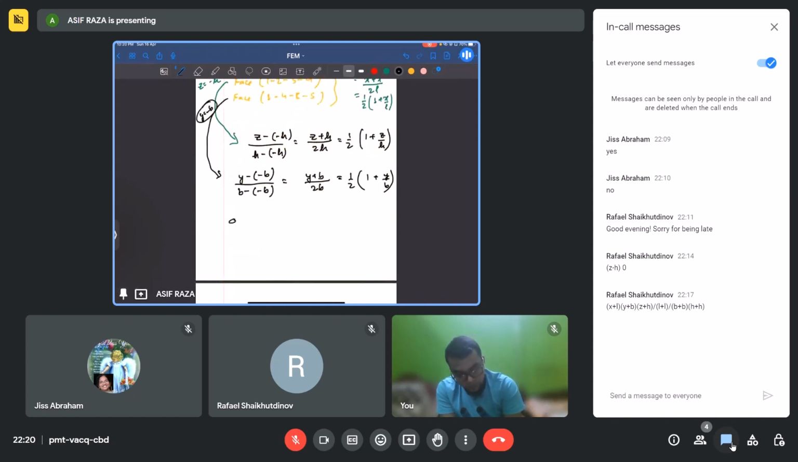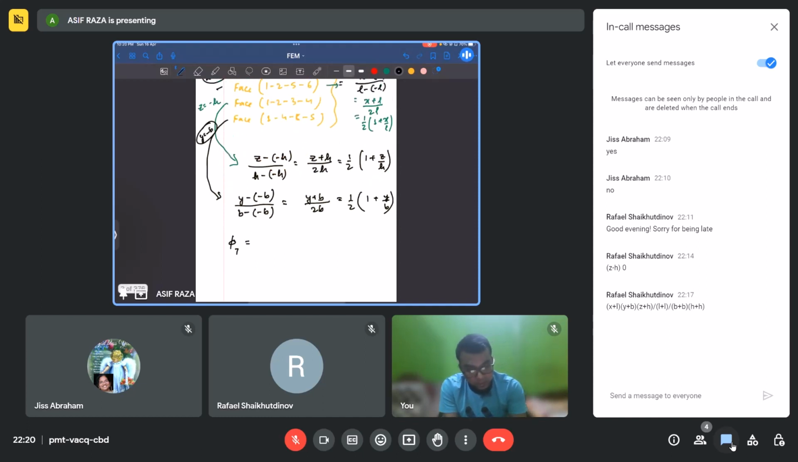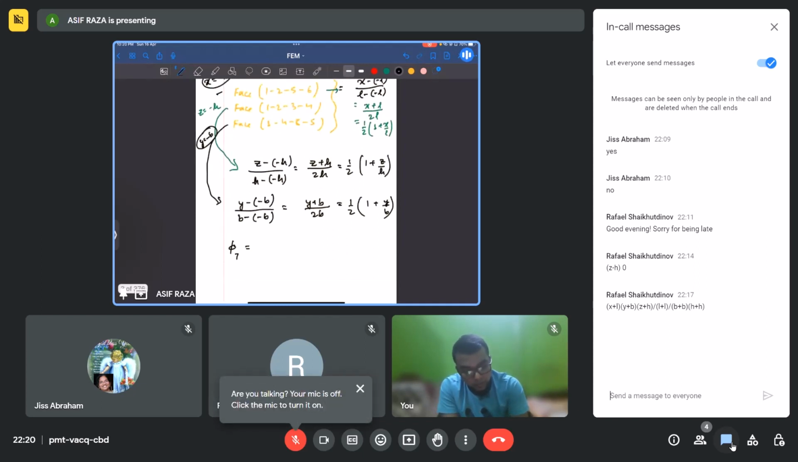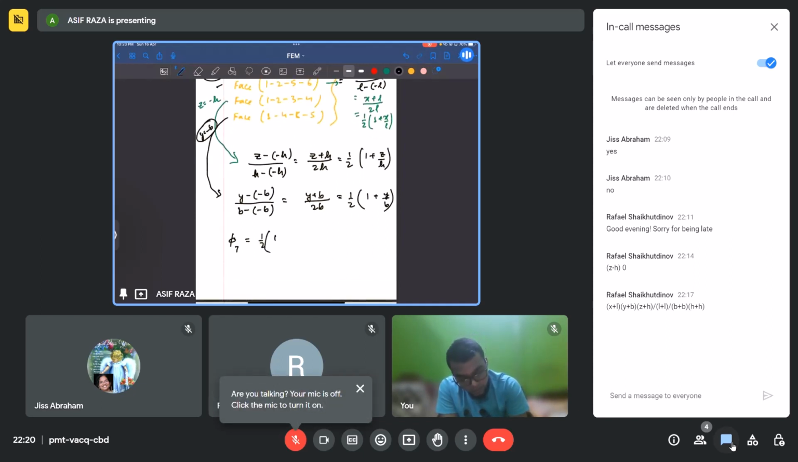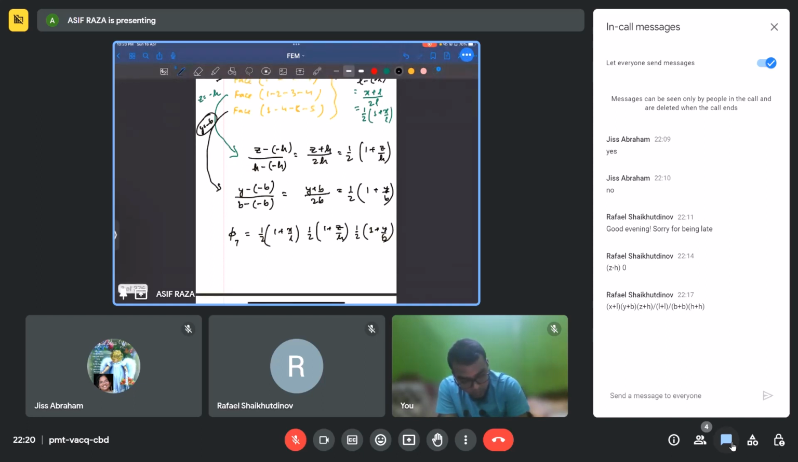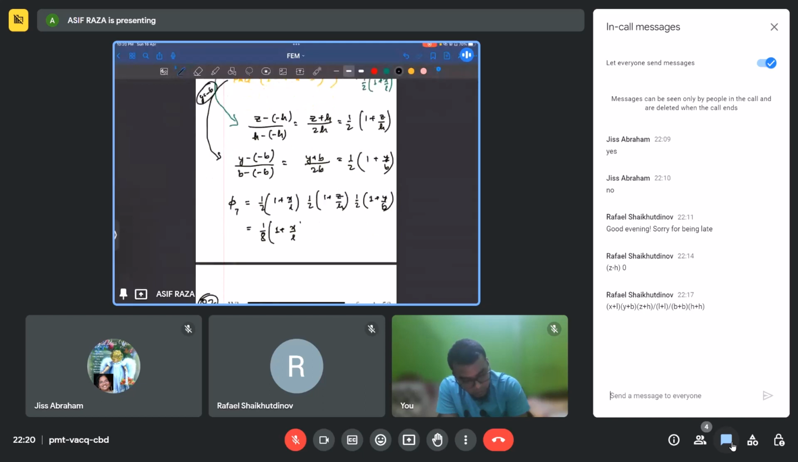so finally, what will be my shape function for node 7? It will be just the product of all the above, that is 1 by 2, 1 plus x by L, 1 by 2, 1 plus z upon h, and 1 by 2, 1 plus y by b. And arranging it properly, we get 1 by 8, 1 plus x by L, 1 plus y by b, 1 plus z by h. Okay,